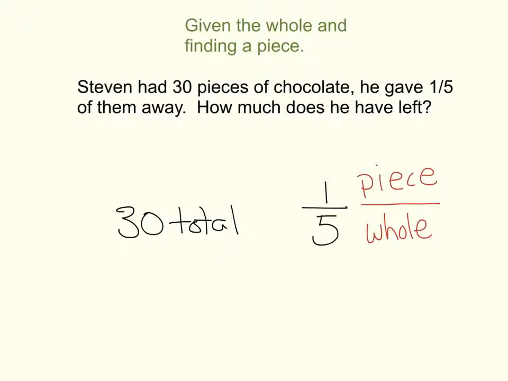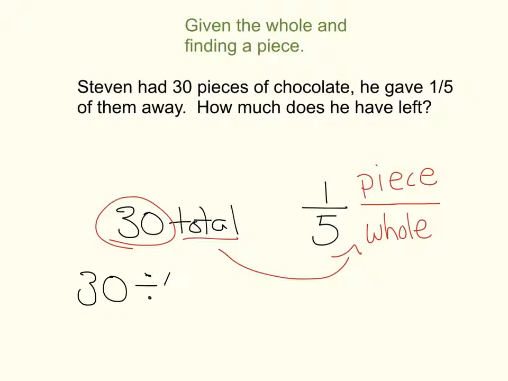So, whatever the number represents, in this case the 30 is the total, so it represents the 5. That's the number we use first, the one that matches in terms of what it represents. And what I mean by that is the 30 is the total in the problem, or the whole, and the 5 is the whole of the fraction. It is the denominator. We're going to use the 5 first when solving. We do 30 divided by 5